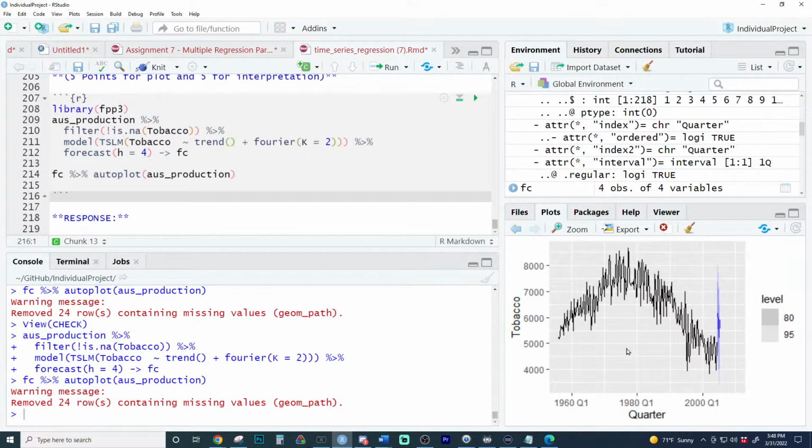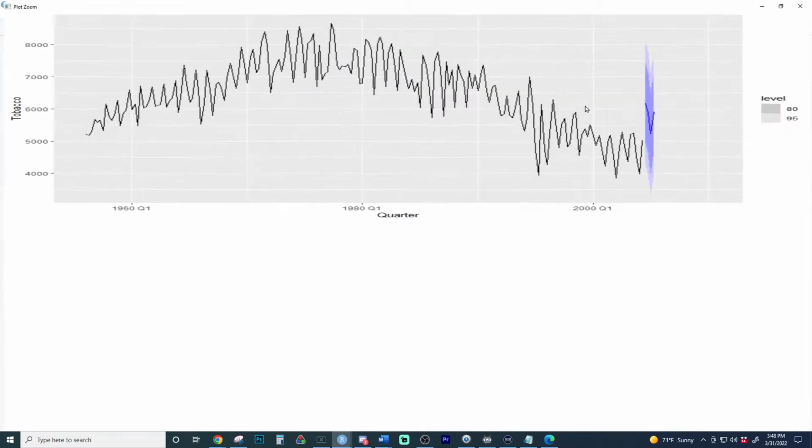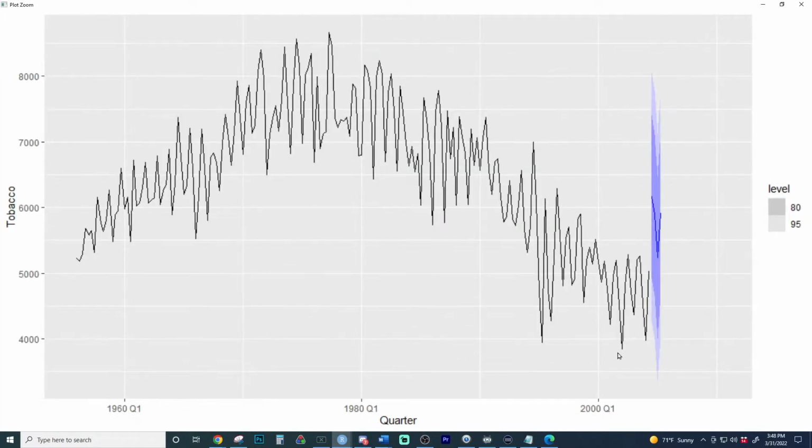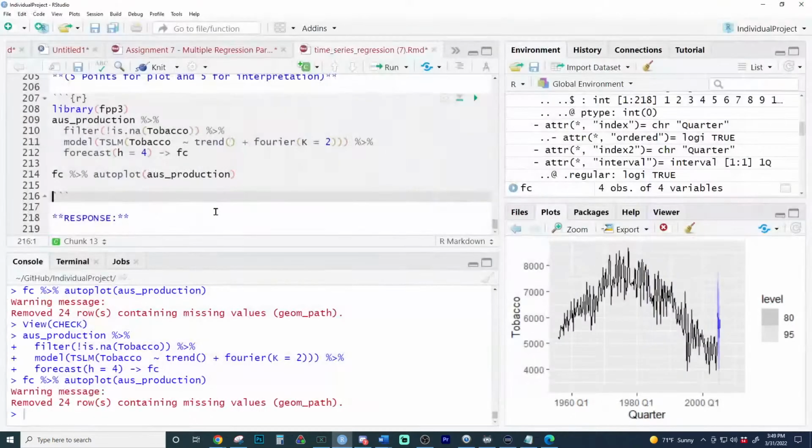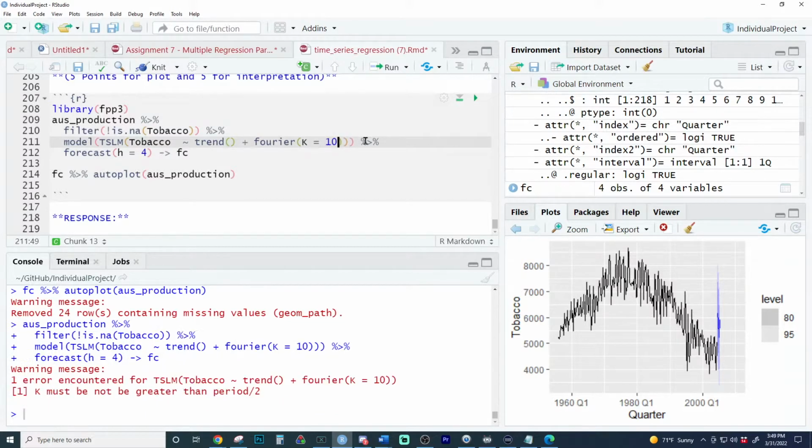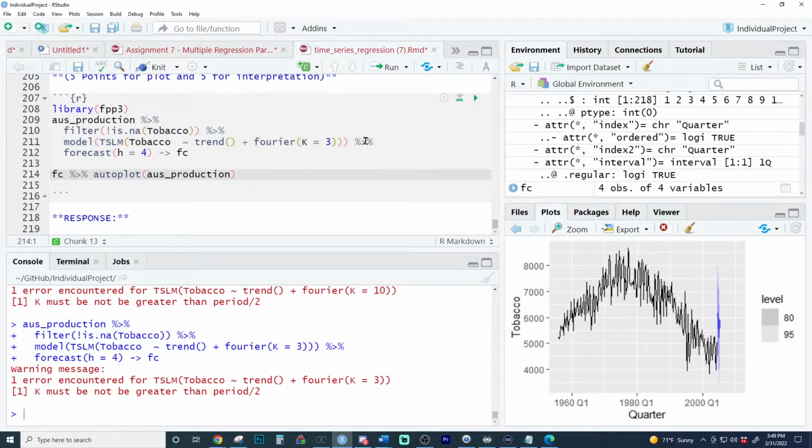The model's pretty interesting, and we are getting tobacco right there. We are getting the predictions. Does it really jump that much? That is an interesting model. So the model makes predictions that are that high. I don't know if I like this model right now, but here we are with our predictions, and I'm not liking it. We could add another filter in and filter previous years, but this is using just the trend and the Fourier terms. Because with quarterly data,